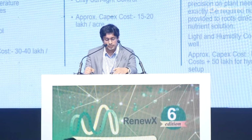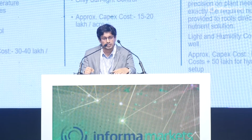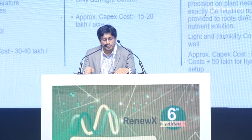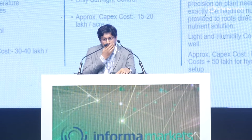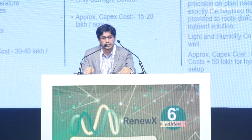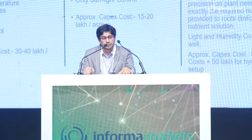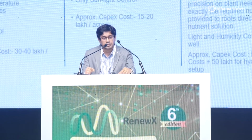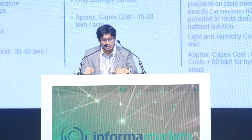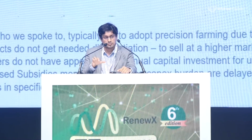Now compare this with what we spend in solar, where a rough estimate from my side is 4 to 6 rupees a watt. Per acre we would be spending not more than 20 lakh. So because there are more people in solar here, we might have a perception that solar is the more costly infrastructure, whereas actually the reverse is true. In case of precision agriculture, it costs a lot. It is costlier than our solar infrastructure. So because of that,